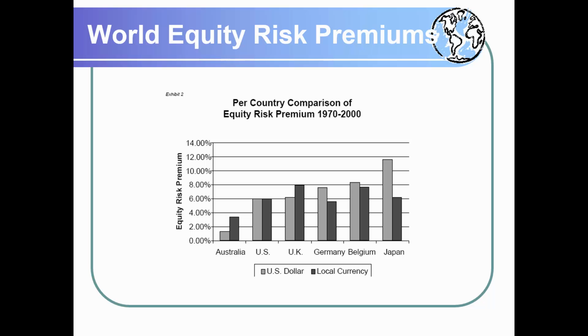On the other hand, in Japan, they had tough financial times for a long period. They had a recession and so on. Given that, people are more risk averse. And because they are very risk averse, to entice them to invest in the market, you had to pay a very high risk premium.